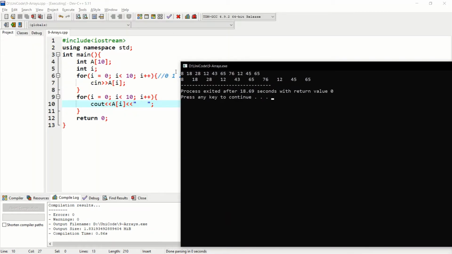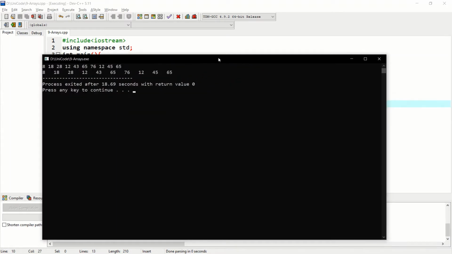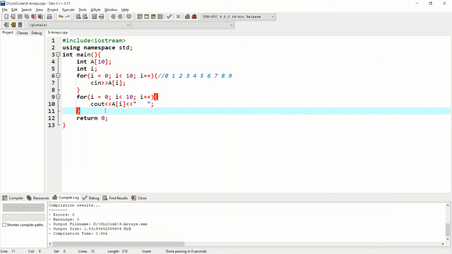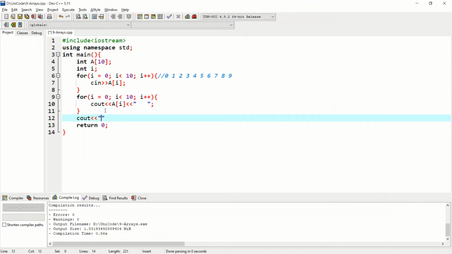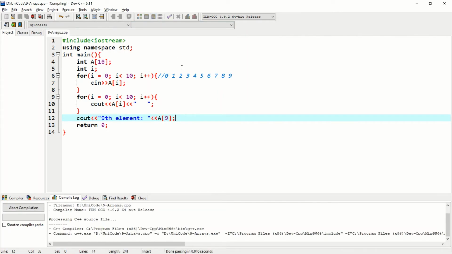8 will be stored at a[0], 18 will be stored at a[1] and so on. 65 will be at a[9]. If I give an output like cout the 9th element, a[9], we can run this code.